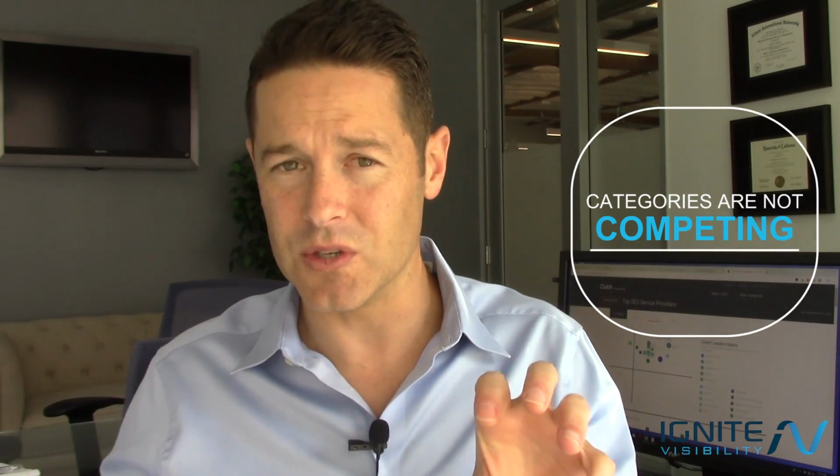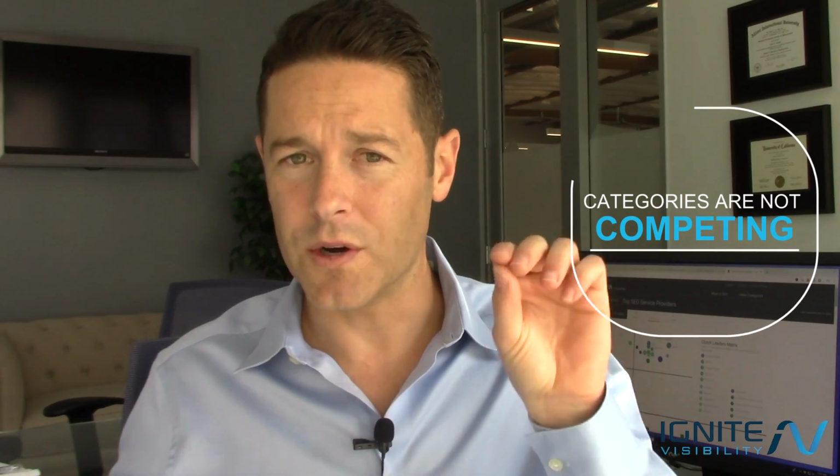And then the other step is on the category level, making sure that the categories do not compete with the new content that you're creating. So what are you optimizing your category pages for, and what are you optimizing the new content for? In addition to that, of course, you want to have a link building strategy. You want to be doing studies and creative things and building up your social. All of that stuff kind of works together within that